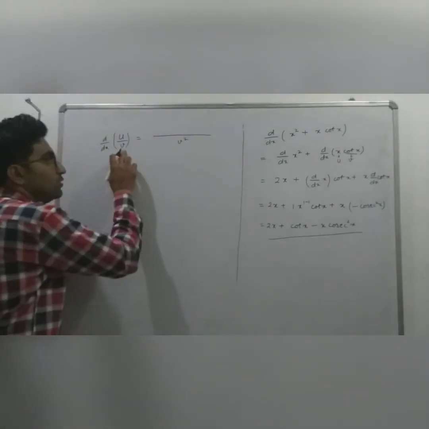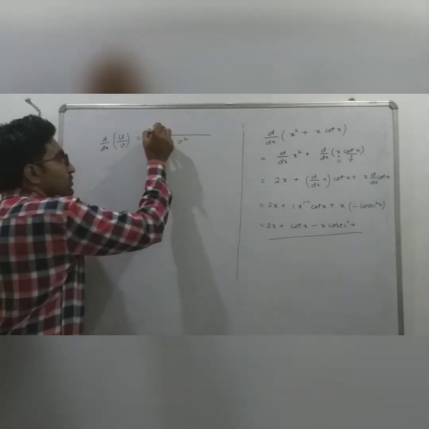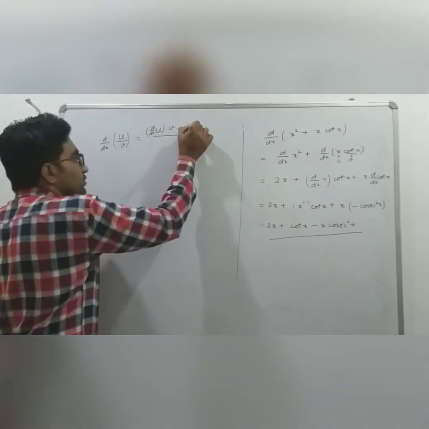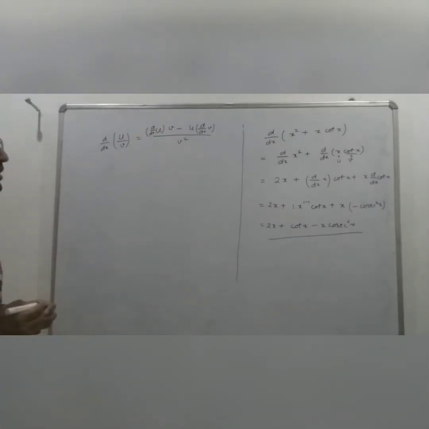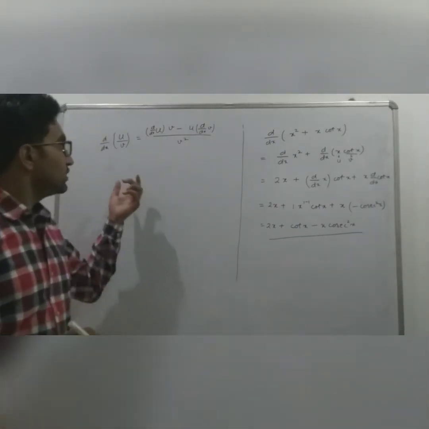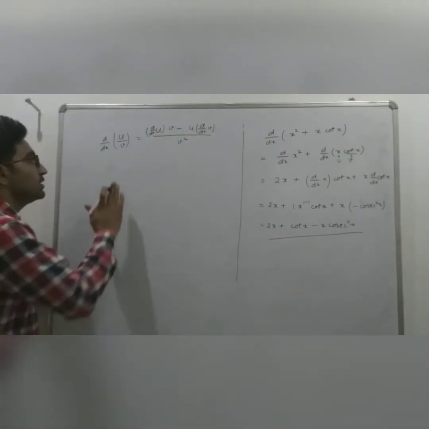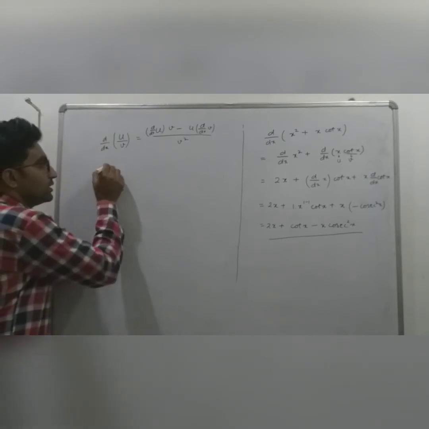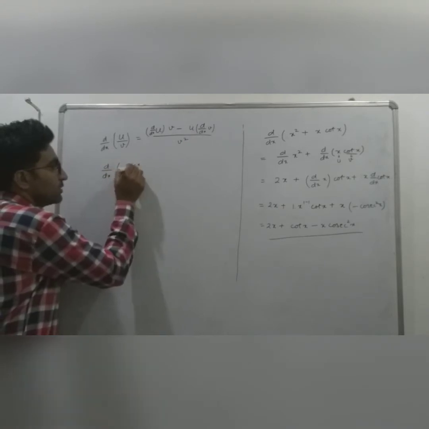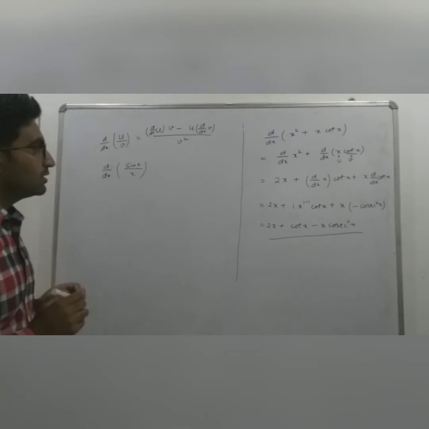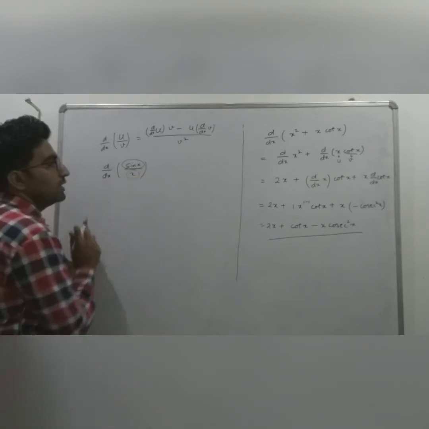square of the denominator, v square, and here the differentiation of u, d by dx of u, v as it is, minus u as it is, d by dx of v. Okay, this is the formula for the differentiation when the functions are given in the division form. Let's take some examples on the basis of this formula. Suppose we have to find the differentiation of sin x by x. Here in place of u we have sin x and in place of v we have x.